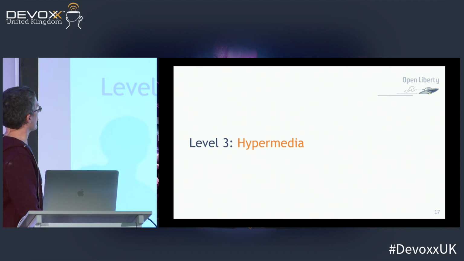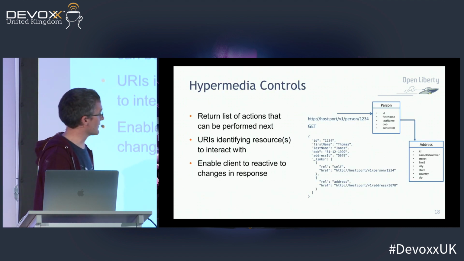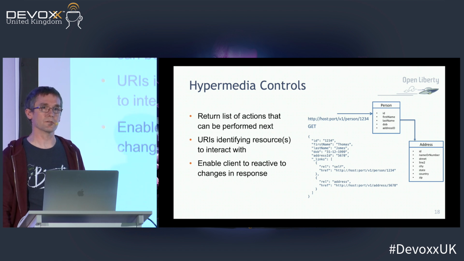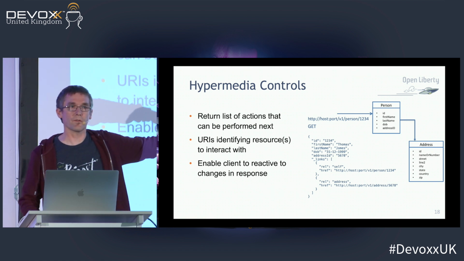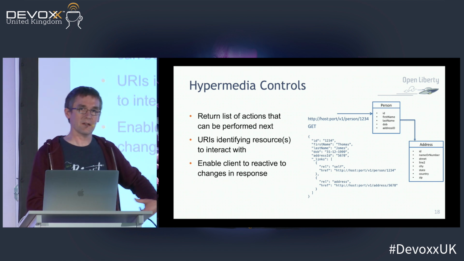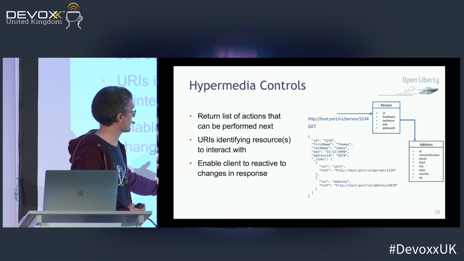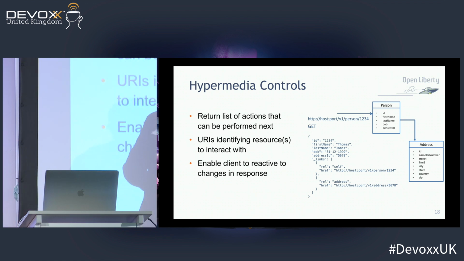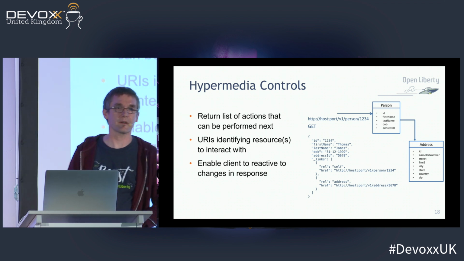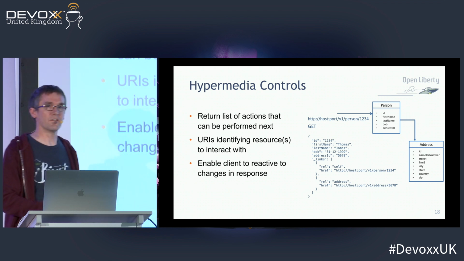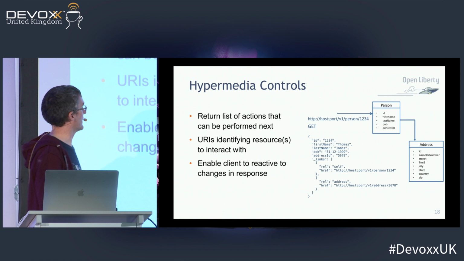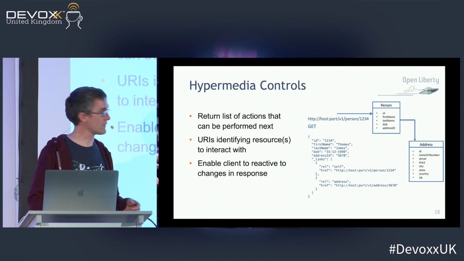Last one, hypermedia. What hypermedia says is, well, that's okay returning a resource, but there's additional information you can provide back. Tell me what the things are I can do. Once I've retrieved the state of this resource, where can I go next? So I could always go back to myself, or in this particular example, I can navigate to the address resource. This person has an address. But also the engine of state aspect of HATEOAS, or whatever we want to call it,